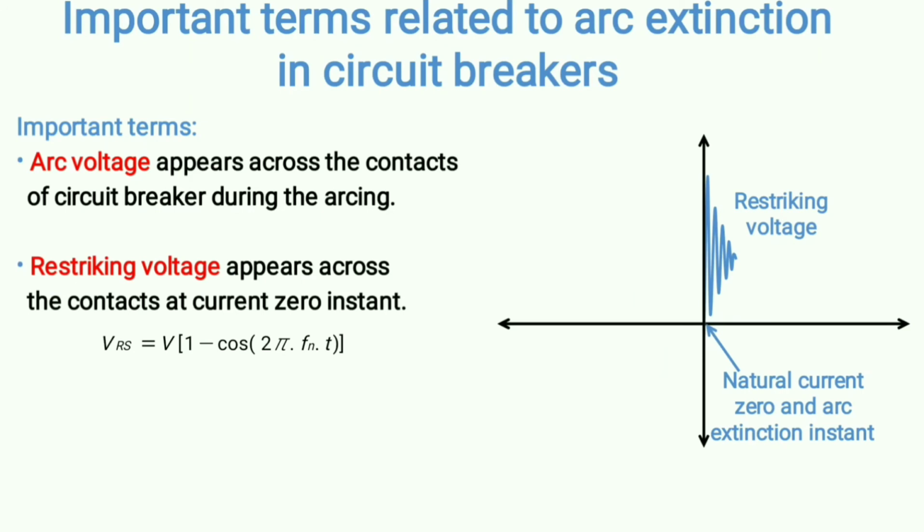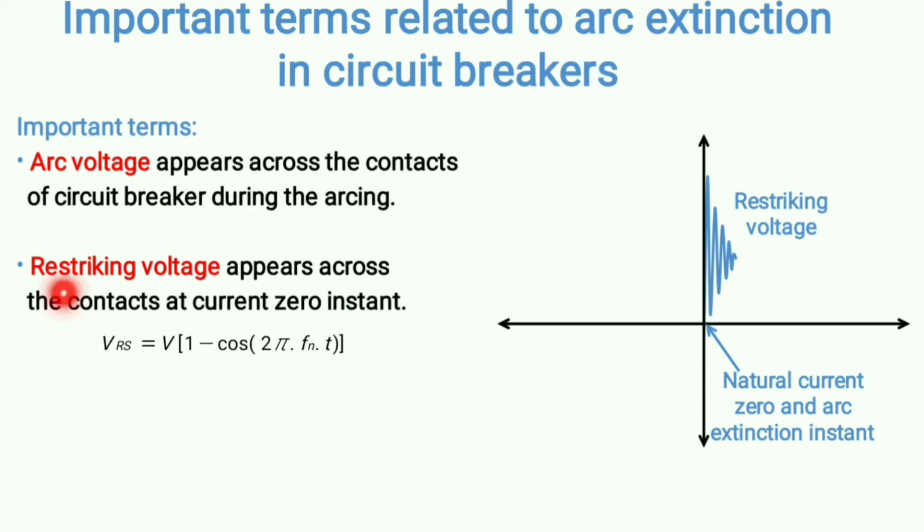Okay, what will be the next step? Now this is the normal 0 point, so at this point that fault current will be gone, so this entire thing will be gone, and the moment that natural 0 point comes into the picture, what will happen? As I have mentioned in my previous slide, a huge voltage will appear across the capacitor or across the circuit breaker contacts, and as you can see, it is very much oscillatory. It is oscillating at a very high frequency, at a natural frequency Fn, which I have just shown. Due to this high frequency, it looks like this, and this is one transient phenomenon, and this is called the restriking voltage.